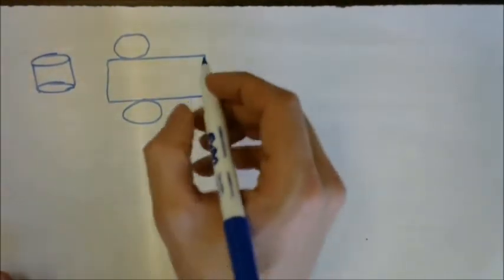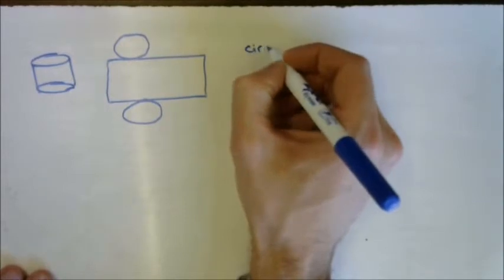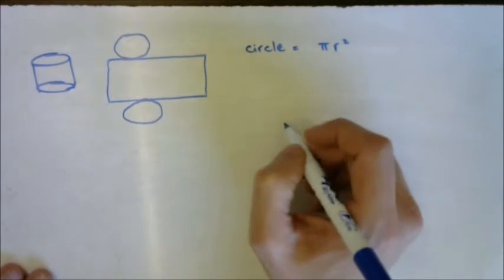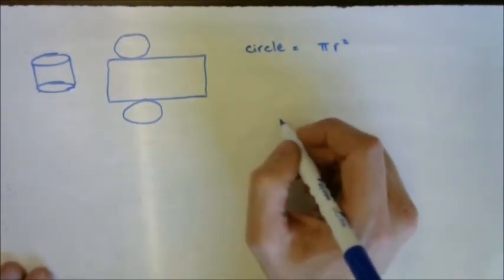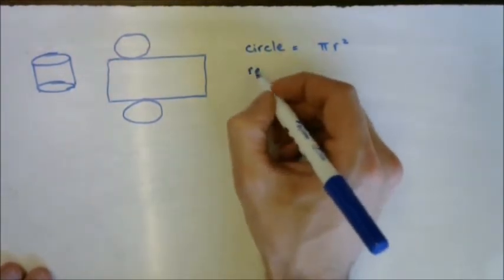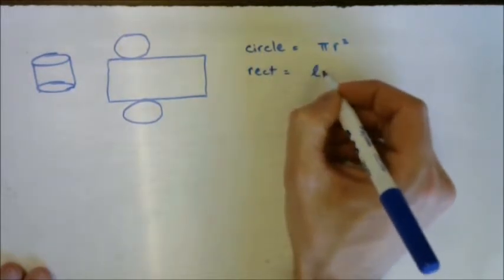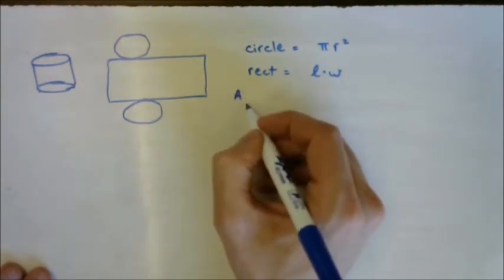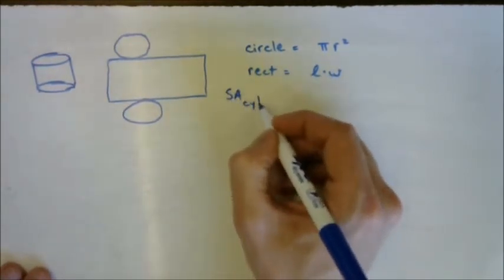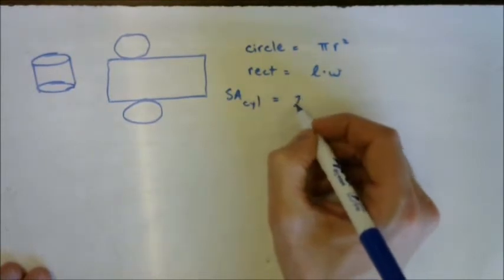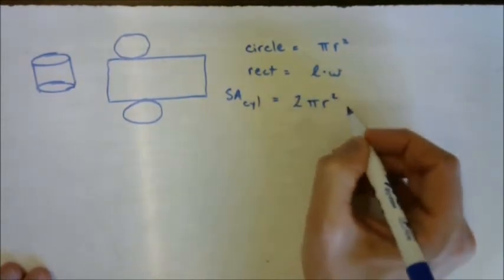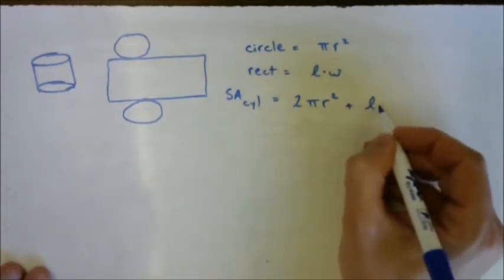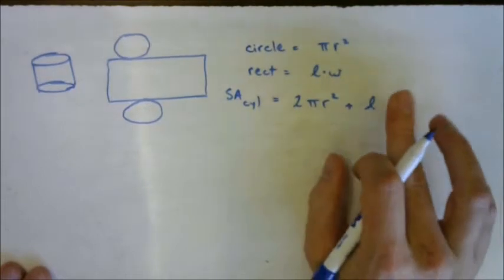So what's the formula for the area of a circle? Pi r squared. Pi r squared, and we're going to have 2 of those in our formula. And the area of a rectangle, just length times width. So, in order to get the surface area of a cylinder, we need 2 pi r squared, right? We need 2 of those circles, plus length times width,